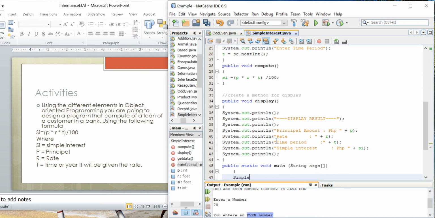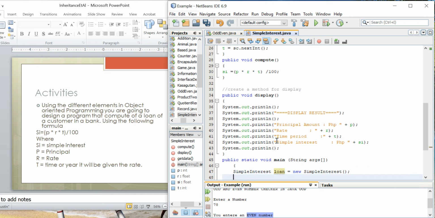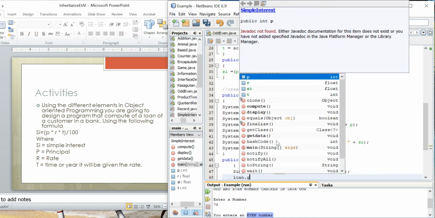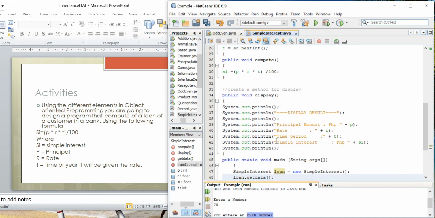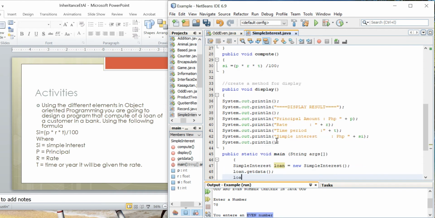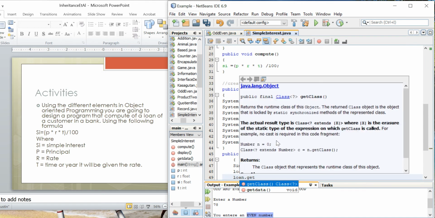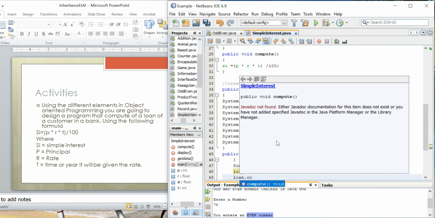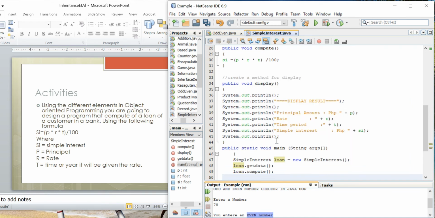So, we will be giving a name for simple interest as a loan, and then new simple interest method. Let's use loan.getData, and then loan.getCompute, loan.compute, let's call it compute, and